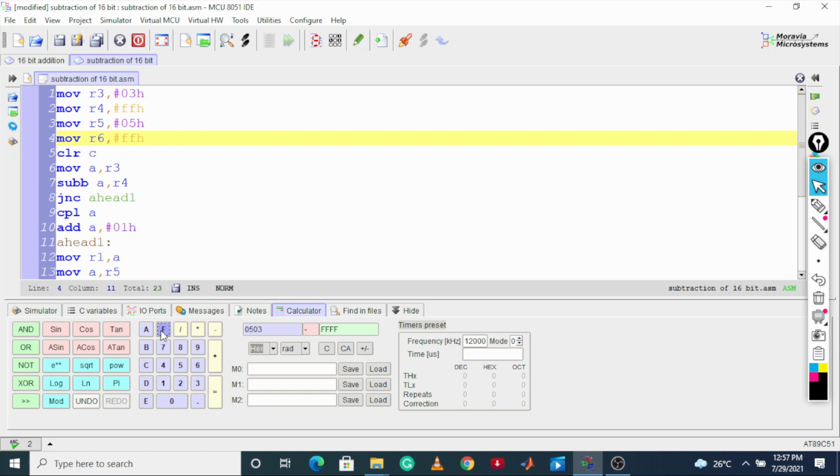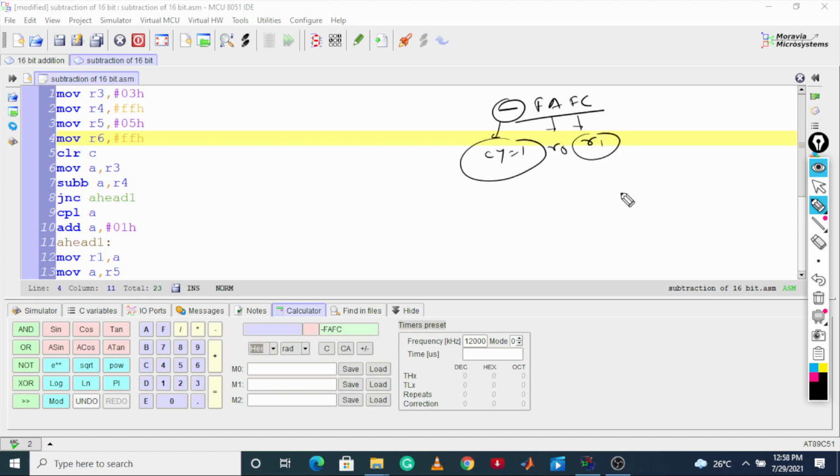Now make it equal, and this is minus FAFC that we are getting. Let us write that value, minus FAFC. This is the result we get. It means the carry will be 1 and we must get R0 as FA and R1 as FC. That we must check.